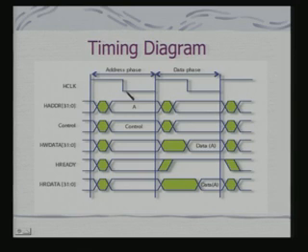Let us look at its timing diagram. In fact, I said that they are synchronous buses. So, if it is a synchronous bus, the whole thing is driven with respect to a clock. All transactions have an address and control phase, followed by a data phase. The address is provided on the HADDR line, and the control information is also provided in the address phase to prepare the devices for the targeted transaction.